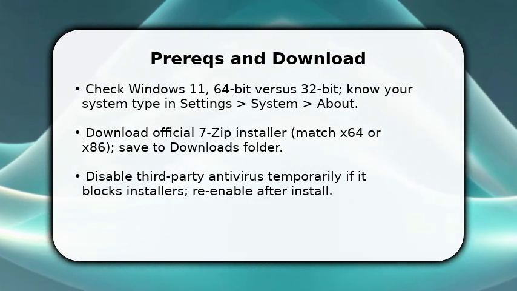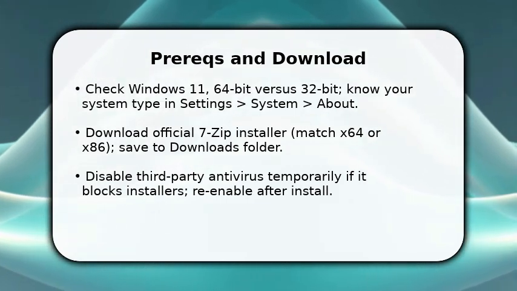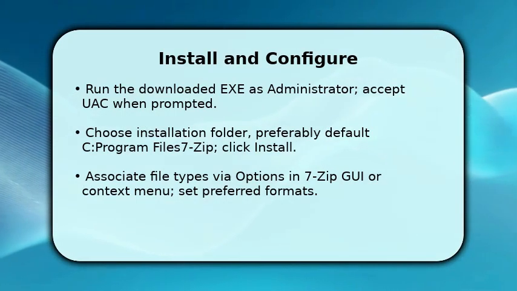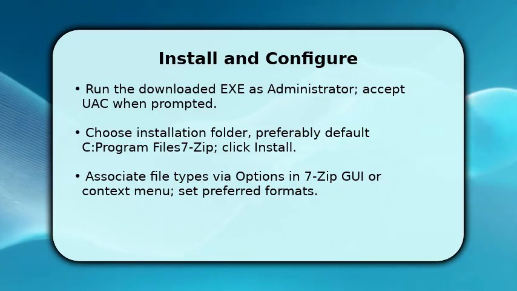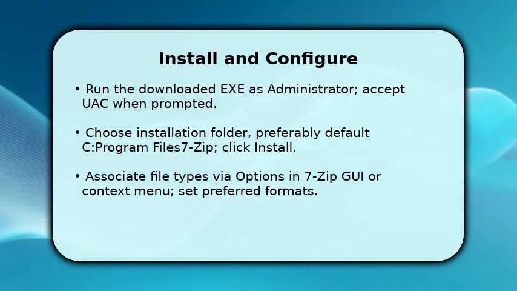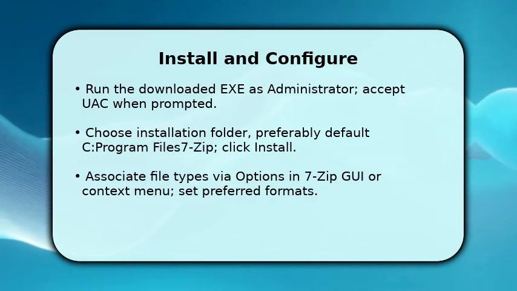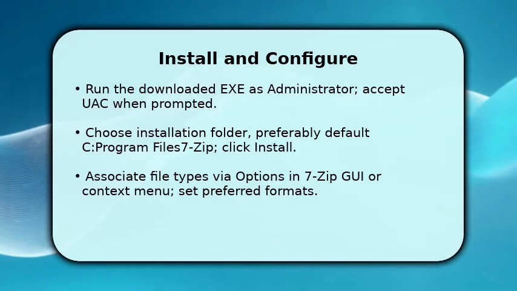You right-click the downloaded exe and choose Run as Administrator to grant permissions. Accept the UAC prompt. During installation, choose the default folder under C:/Program Files/7-Zip unless you need a custom path, and click Install. Once installed, open 7-Zip File Manager and go to Tools, Options to associate file types like